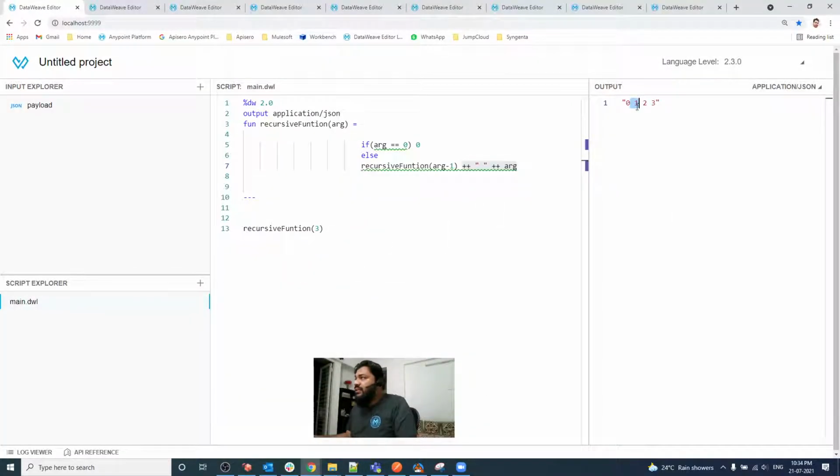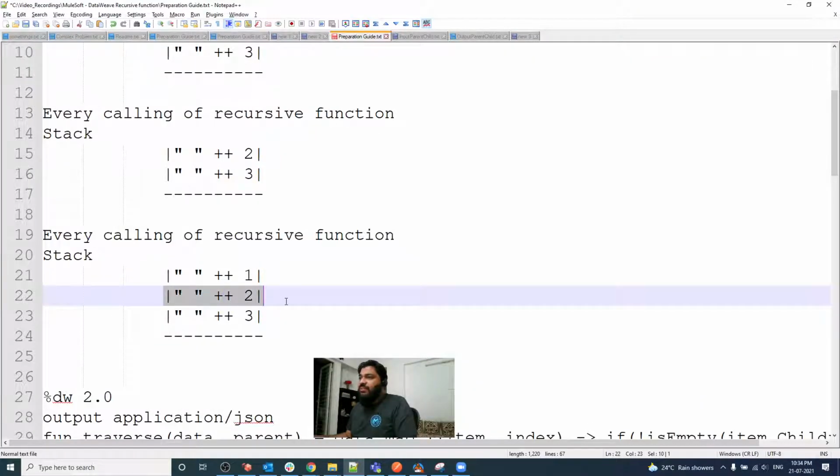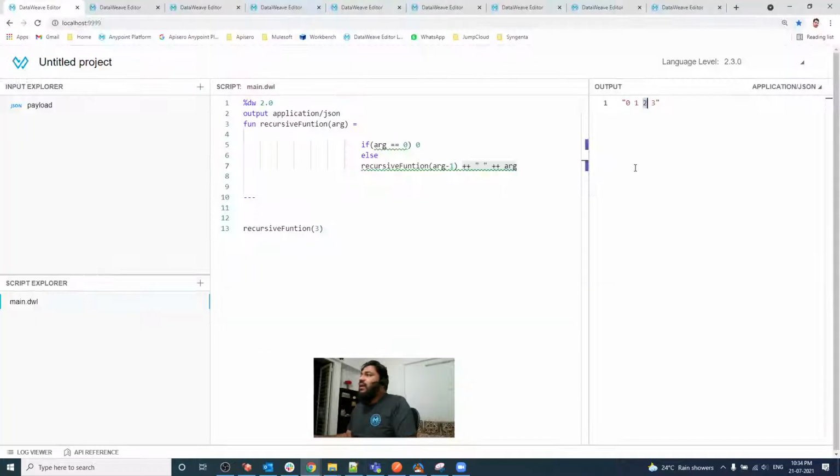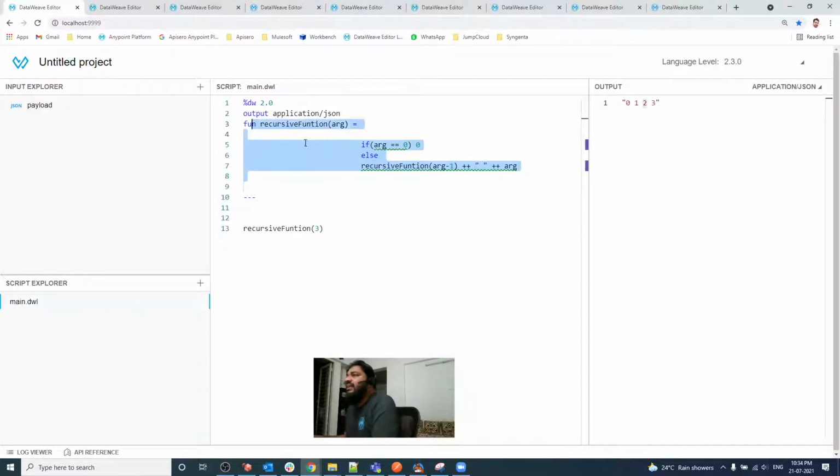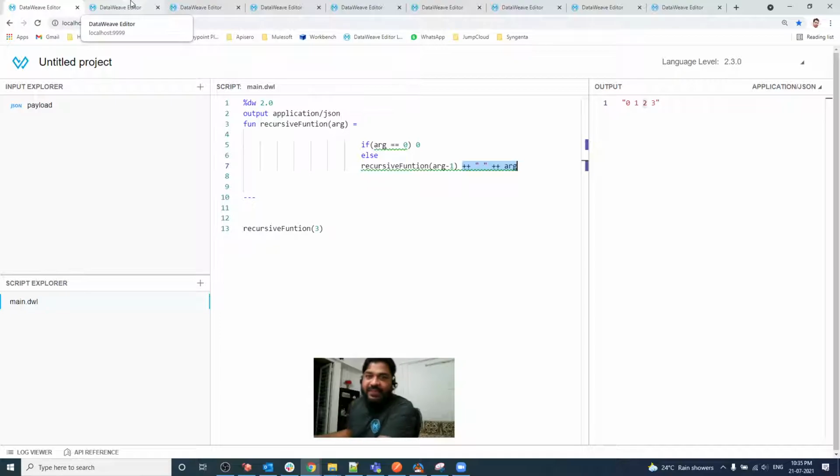After that comes 2, this expression will be popped, and lastly 3. That's how a recursive function works, and whatever operation we want to execute after the recursive function, those statements and expressions will be stored in the stack. Let me show you another example.